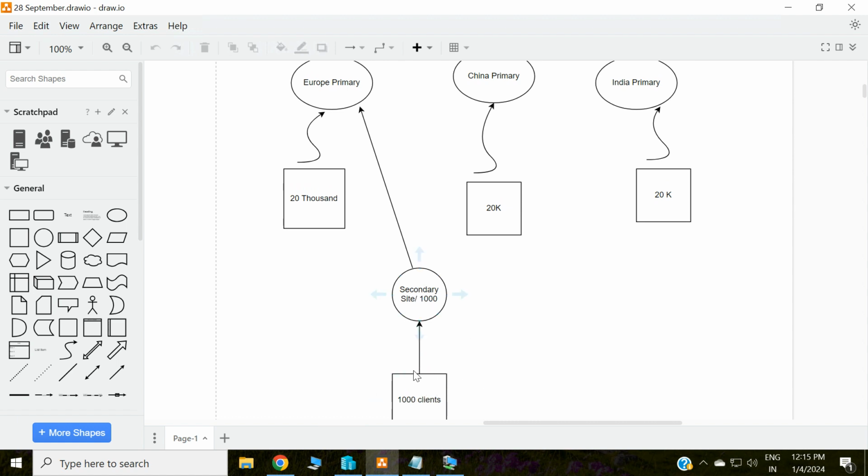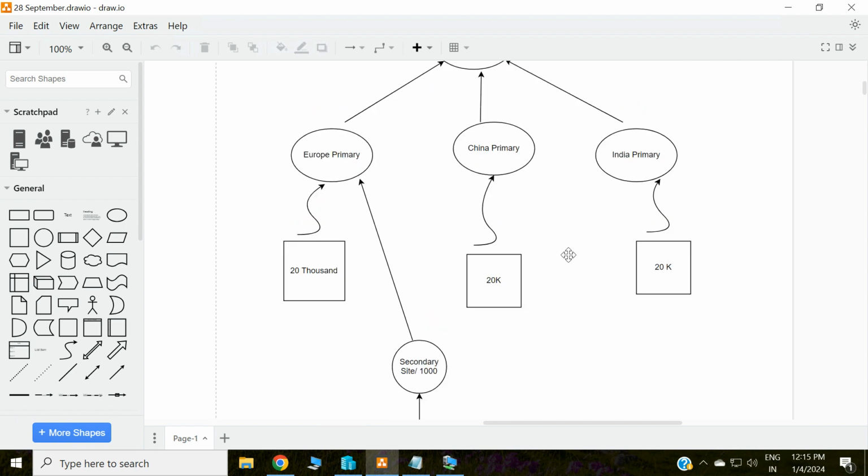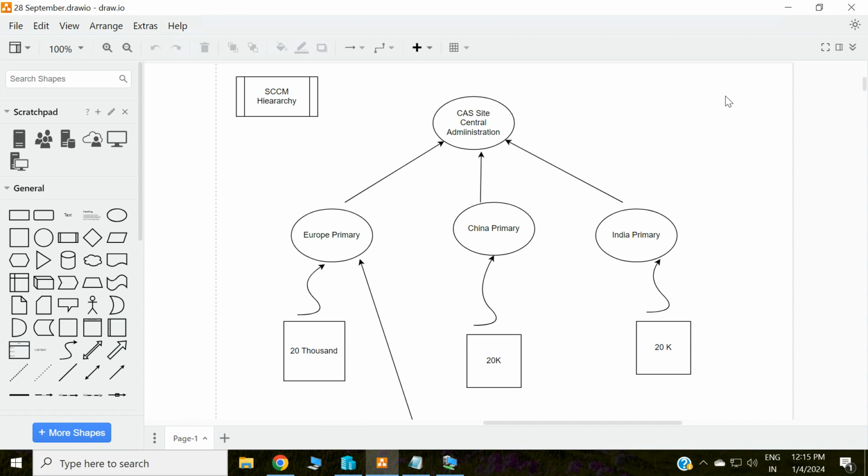If it is able to handle up to 1,000 machines, then why would some organization invest in upgrading a secondary to primary? Because every organization has its budget they are spending on infra,